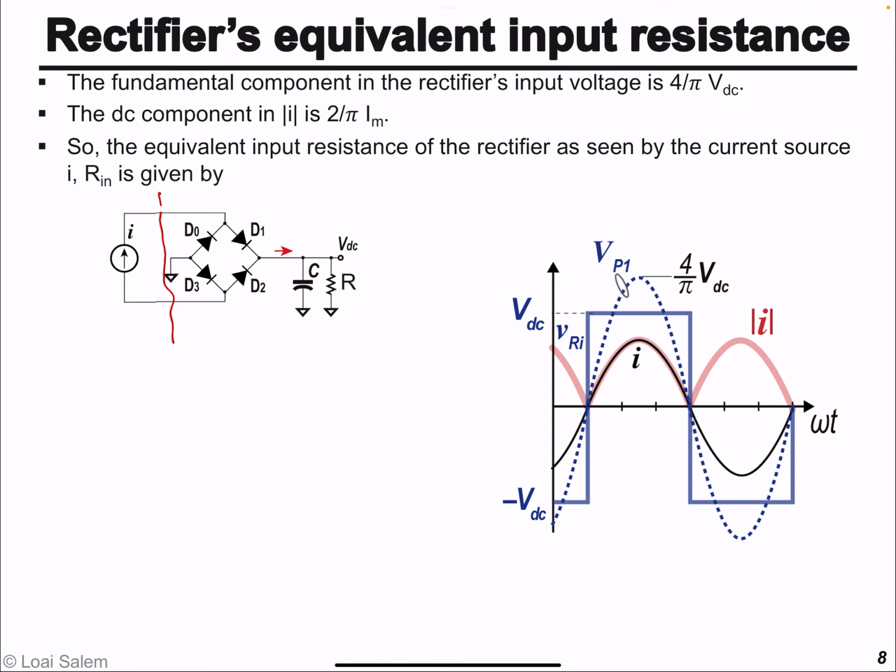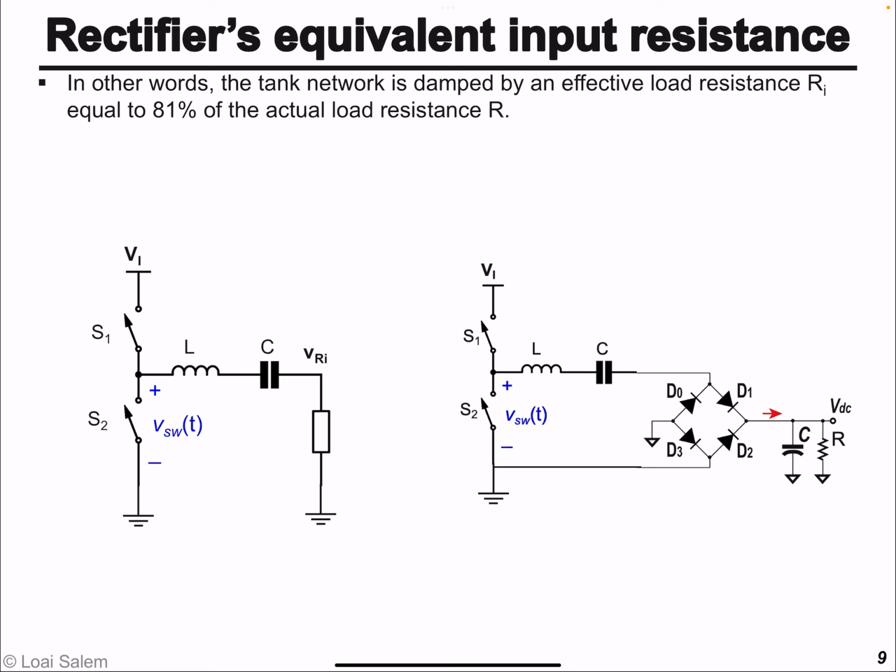And that's why at the very beginning I mentioned that all of the DC side, the full bridge as well as the DC load at the end of the day, can be modeled by an equivalent resistance that's equal to 81%, 8 over pi square times the DC load resistance R. Or in other words, the AC side sees the DC load as only 81% of the DC load resistance value. And so going back to the original schematic, all of this at the end of the day can be replaced by a single resistor that's equal to 8 over pi square times R, where R is the DC